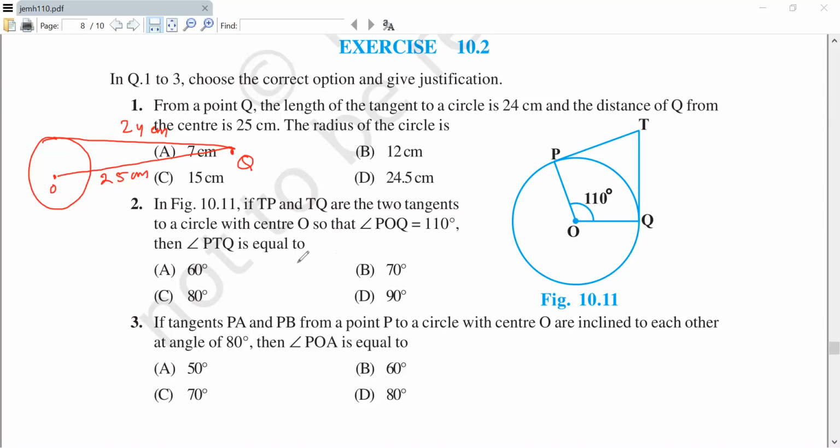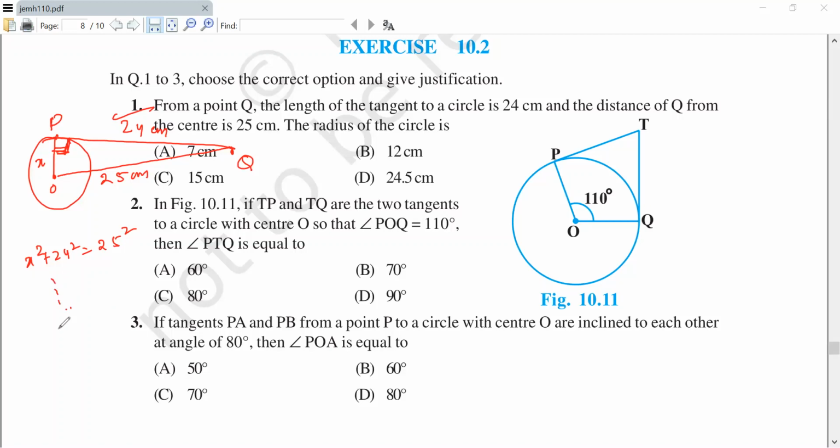Tulsi, go ahead. We'll draw this. This is 90 degree. Done, no? Pythagoras theorem. So you take this as x, so you have x square plus 24 square is equal to 25 square. Remember to be careful. This is the hypotenuse. The hypotenuse will be opposite to the right angle, though in this diagram you are used to drawing like this. Okay with that?